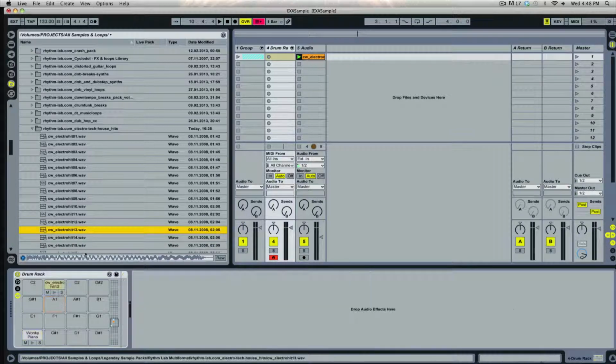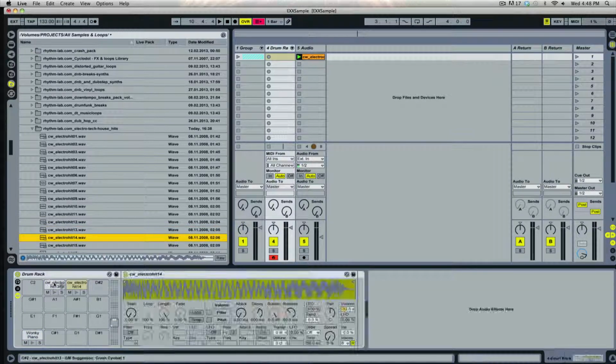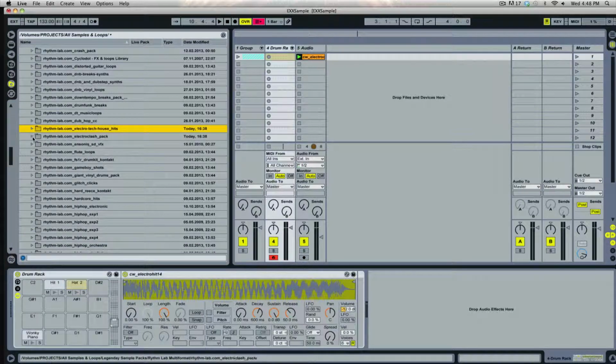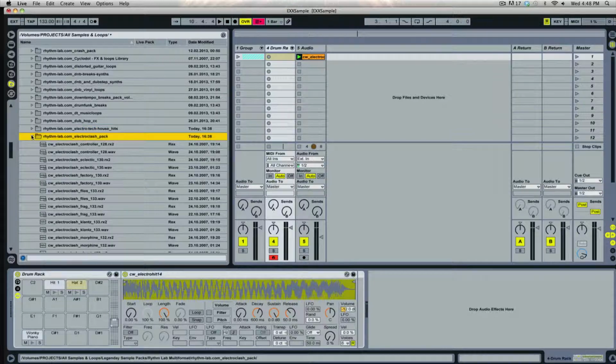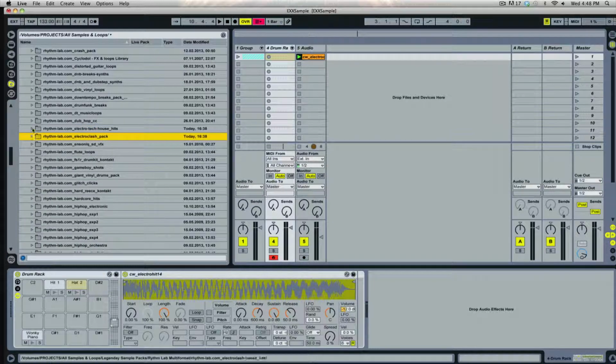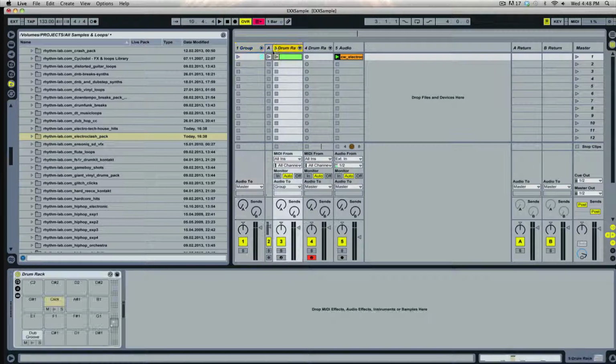So I'll show you how to create a pattern with this here in a second. I'm just going to grab one loop and rename it, grab another loop and rename it. I don't know if I could find this. It was like a little blip. It was great. I'm not sure where I got this sample from, but it's